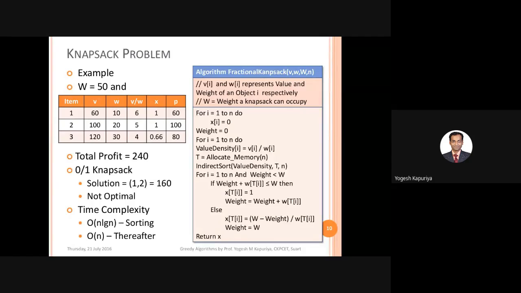Otherwise, the second thing I told you is that you must install Ubuntu in your OS or in your desktop or laptop as a dual boot. I'm not saying that you should remove Windows, but you should have a dual boot operating system. And if you want a session on that, we can have a live session, or I can share some videos for that as well so that you can do it on your own.